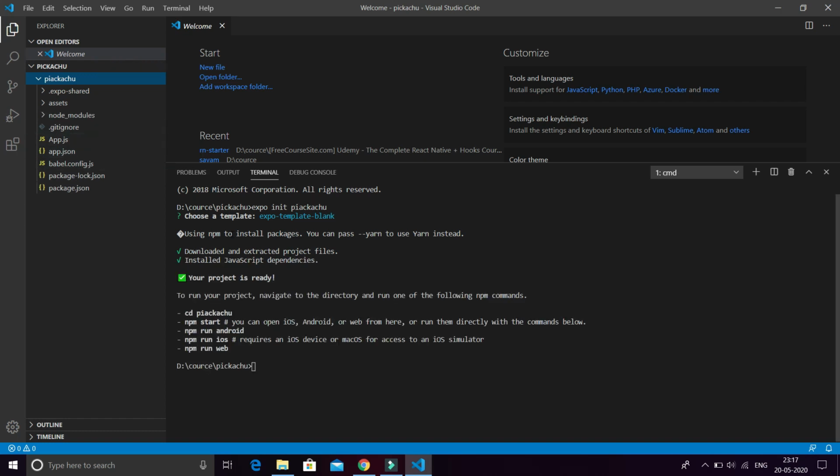So finally our project gets started. Use the name of the project you made, click enter, and use npm start to start the project.